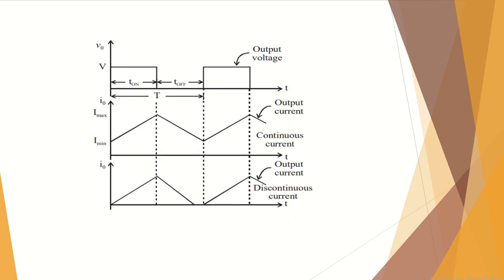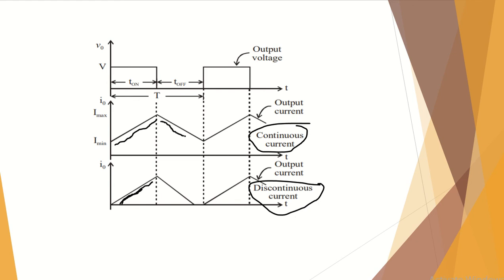If you see in the graph, when a switch is on, the phenomenon is the same for both. This is for continuous current mode and this is for discontinuous current mode. The inductor is charging to a value, but in continuous mode, when we have the off period, or when the switch is open,